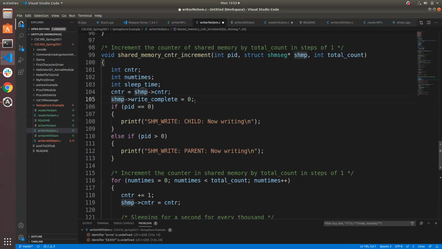Then I'm going to go ahead and zero out write complete. This writing is not complete. This guy's job here is to write to shared memory. So he's going to say, I have not written to shared memory yet, and I'm grabbing this resource. All right, so then we're going to say, well, if I was the child, I'm going to go ahead and